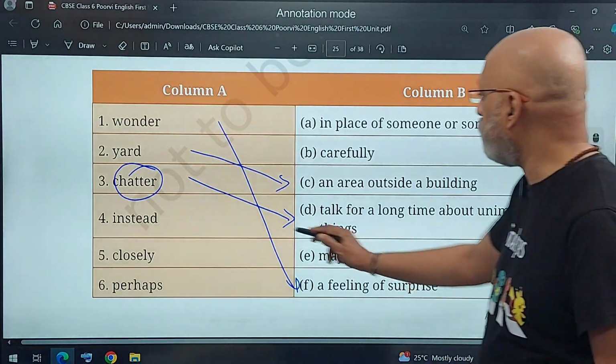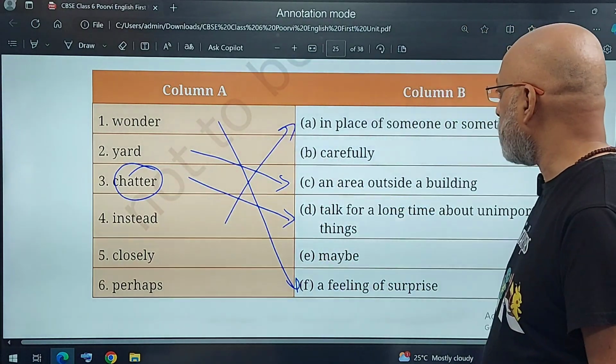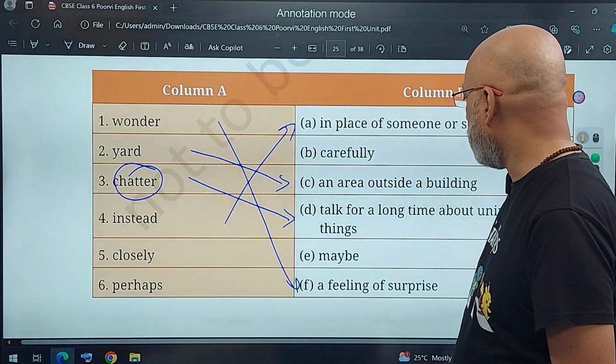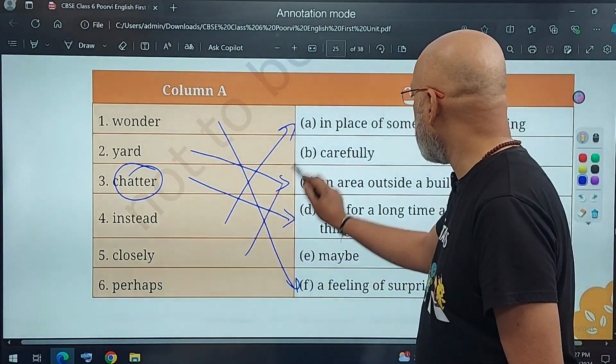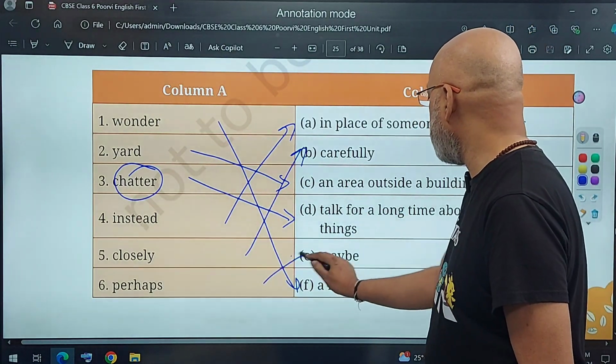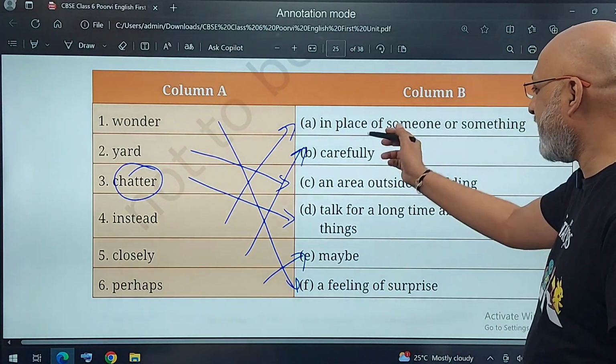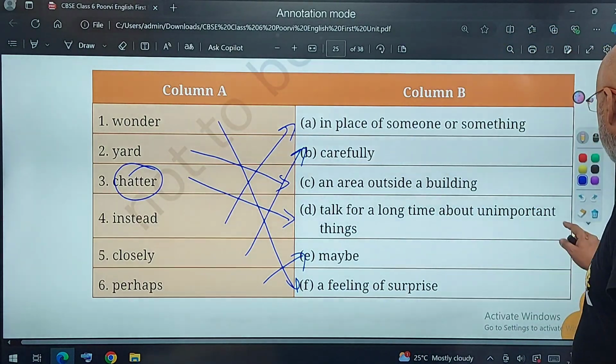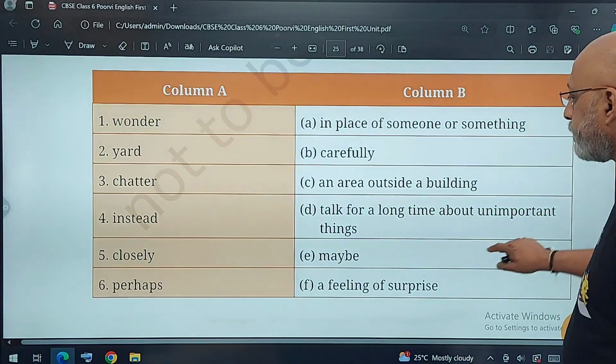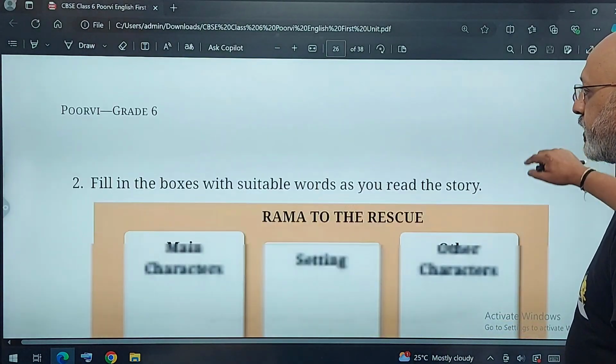Instead, in place of something or someone or something, closely, right? Closely is carefully, perhaps is maybe. Okay, closely, carefully is not exactly a synonym, but anyway. Next,